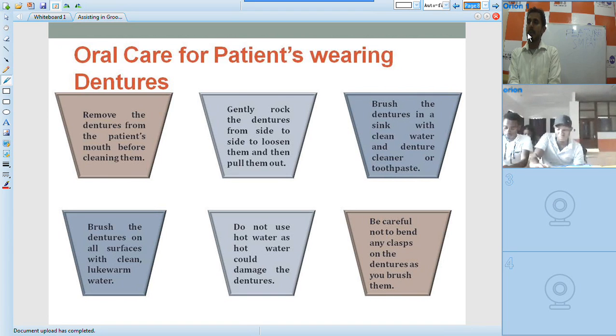That must be done with the help of warm water, not with cold water. The denture must be